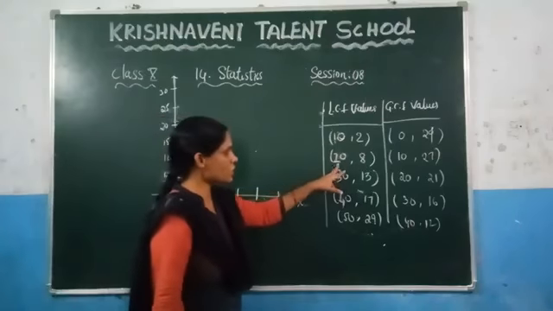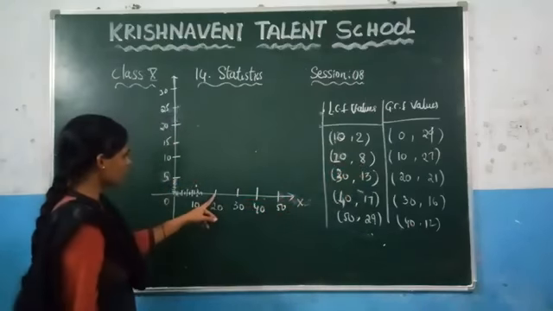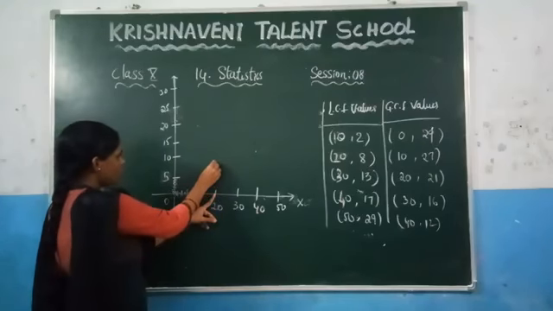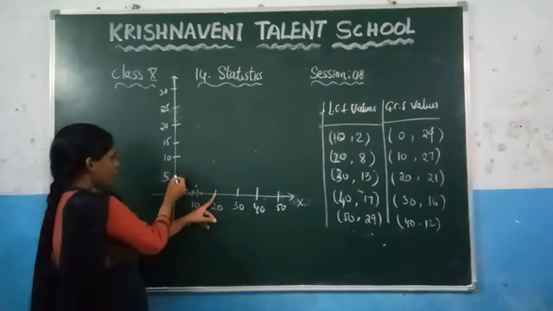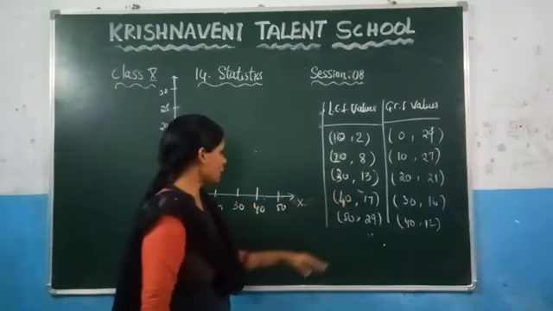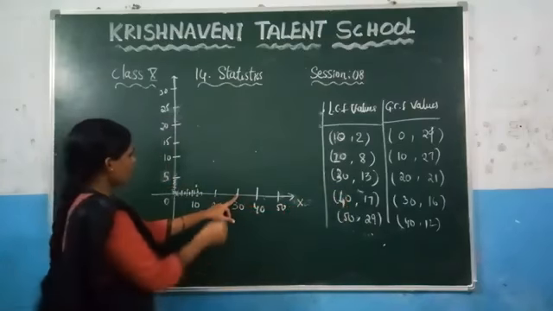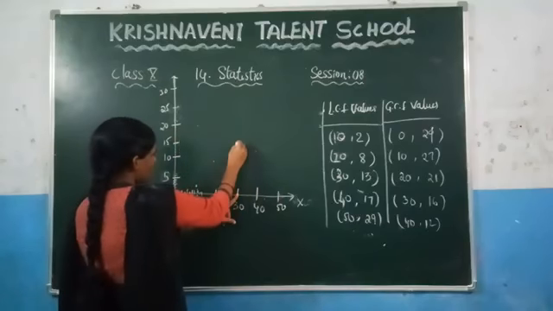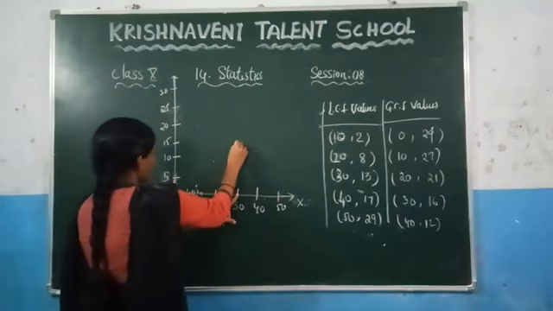So here the next one is 20, 8. Where is 20? Here, 20. And similarly you can check here that 8 will come nearly like this. You can calculate 5, 5.5, 6, 6.5, 7, 7.5 like that. And after that, 30, 30. This is 30, and where will 13 be? In between 10 and 15, you count it. I am just putting it here. It will be here, 30.